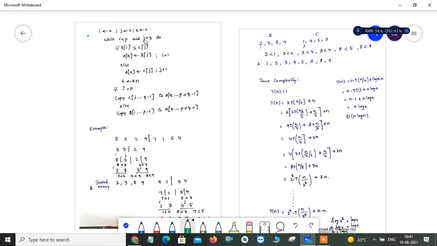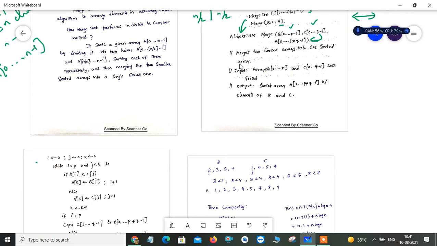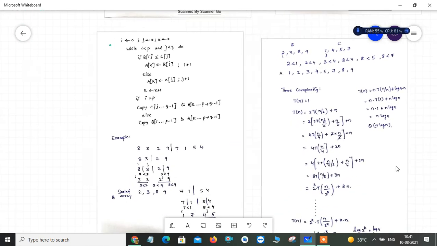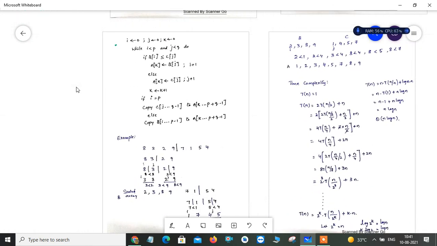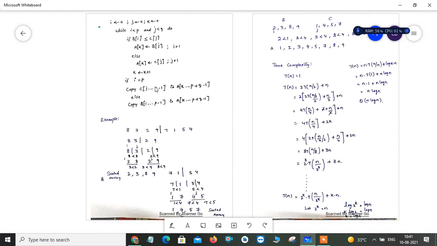These will be the indexes. See, because your b starts from 0 to p, whereas your c starts from 0 to q minus 1, right? So because of that you have to take the last index, because you need to run this algorithm up to there. So that's what your while will say, right? So i is less than p and j is less than q, because then only you have the elements available in your array list.